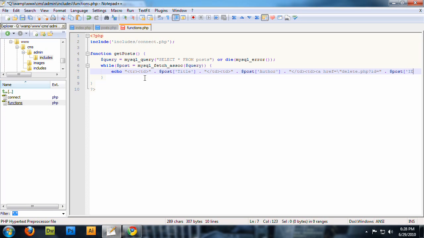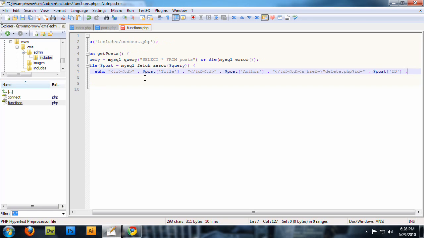Post ID. And so basically what this is, further on in the tutorial, we're going to make a page called delete.php. And we're going to pass a variable through in a URL that's going to pass in the ID of a post that we're going to delete, so it knows what post to delete. And so right now we're just telling it the post ID, so we can go through and delete it on the fly. And then we'll make that. So delete,